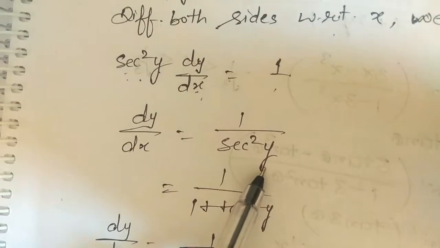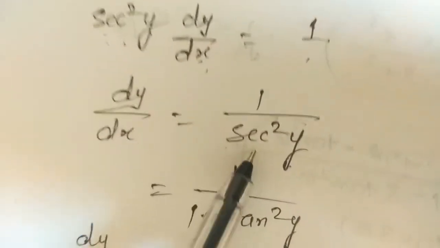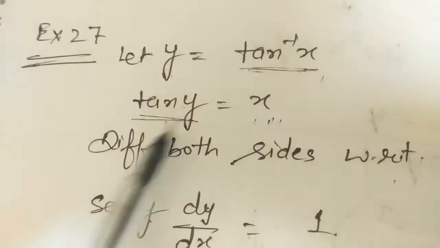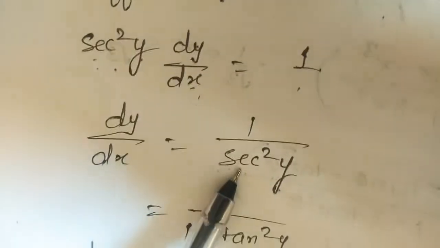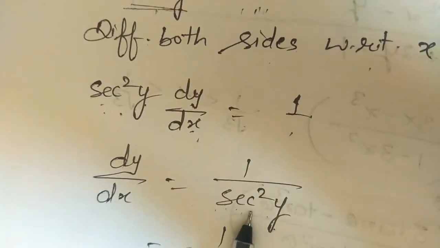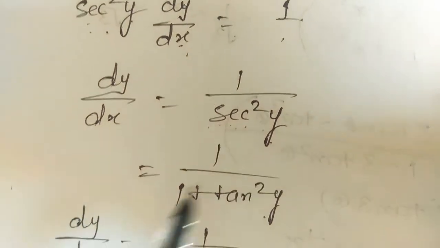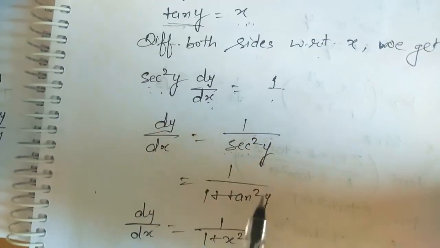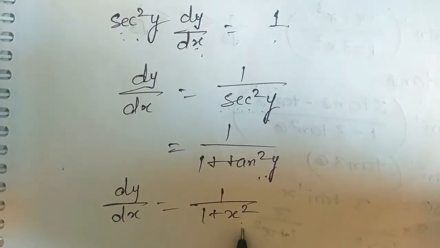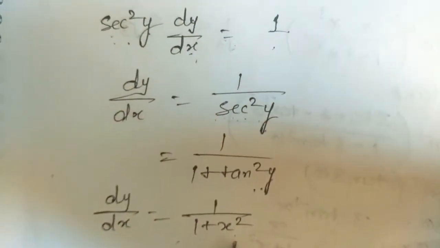And we will take secant square on the right hand side. It will be 1 upon secant square y. And what is secant square y? And we want to write answer in the form of x. And we know that here x is equal to tangent y. So firstly change secant in the form of tangent and we will write tangent as x. So secant square y we can write as 1 plus tangent square y. We know about the identity. Secant square y is equal to 1 plus tangent square y. And what is tangent y here? x. So answer is 1 upon 1 plus x square. So what is the derivative of tangent inverse x? 1 upon 1 plus x square.